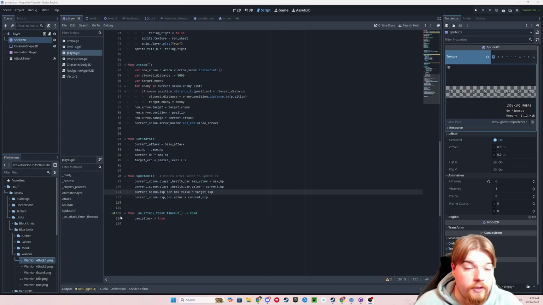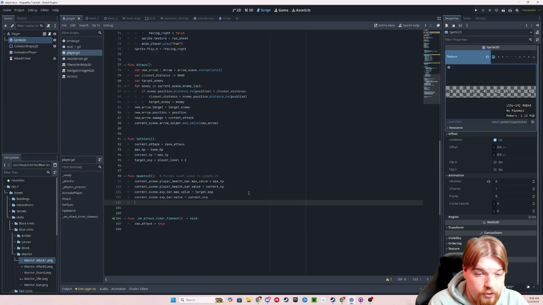So now we can call this update UI function anytime that our player takes damage, gains experience points, levels up. Oh, we need to add that in. Anytime there's going to be any change to that, we can just call this. It'll update all of it. Some of it will be unnecessary, but it's so irrelevant. It's just changing a single value, so it doesn't matter that we're updating some things that don't always need to be updated. We're also going to need to set our current scene, our level label, and then